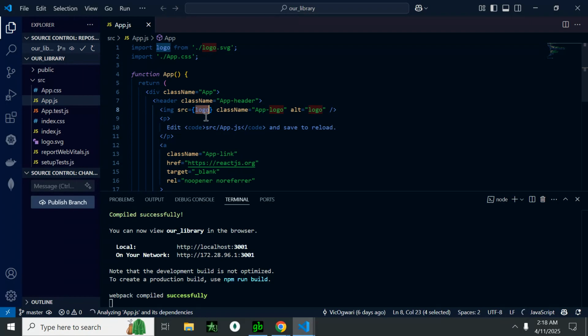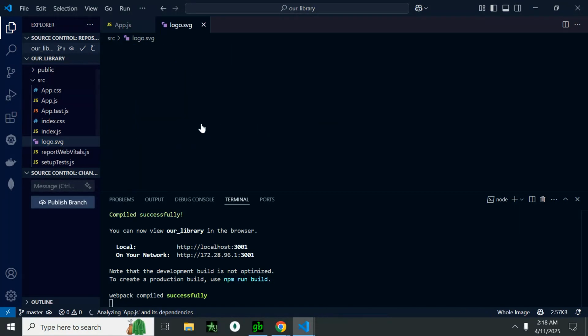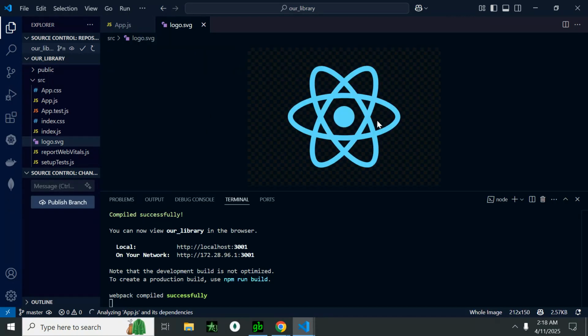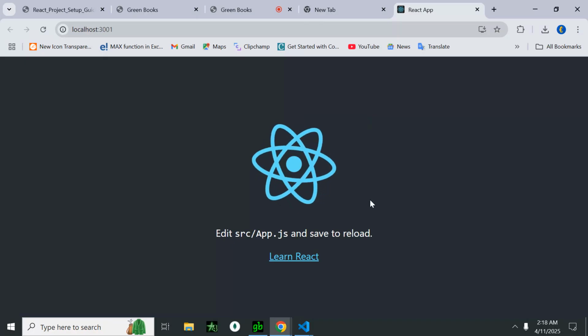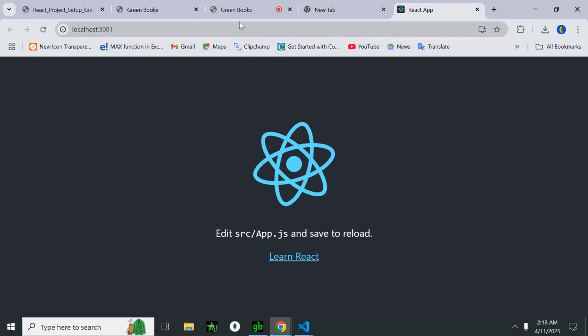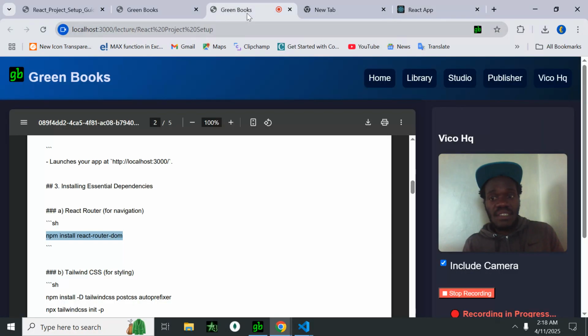Okay, src logo, and that logo has been imported this way, logo.svg. Here it is, the svg logo. So the project is running as expected,